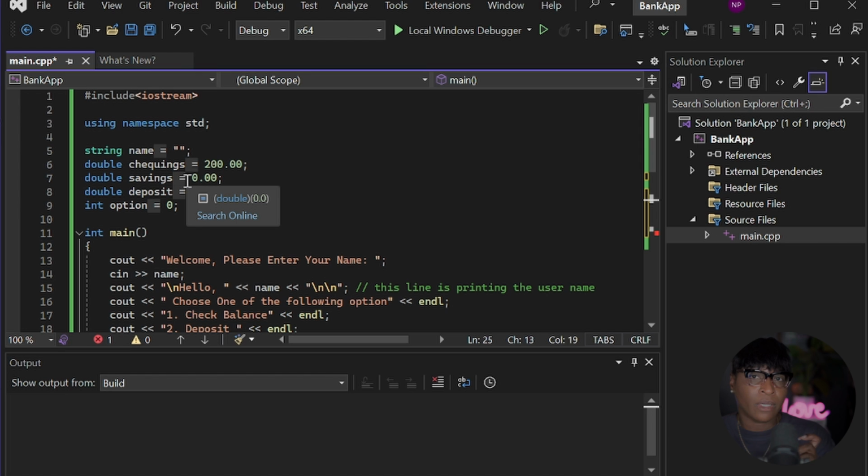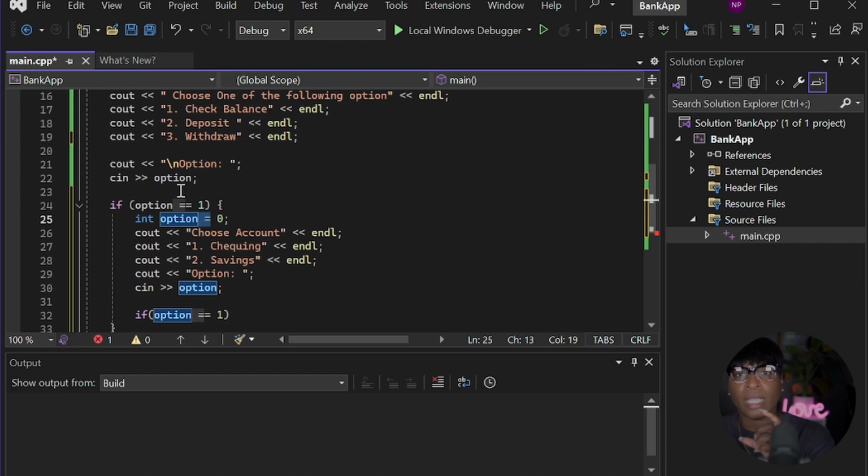The double equal sign means equal to. So don't get the two of them mixed up. The single equal sign means to take whatever data is on the right and put it in the variable that's on the left. So what's going to happen is the data 0 is going to be stored in the option variable,